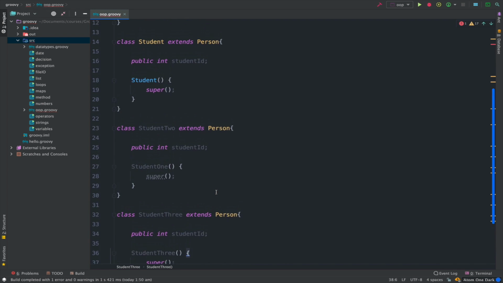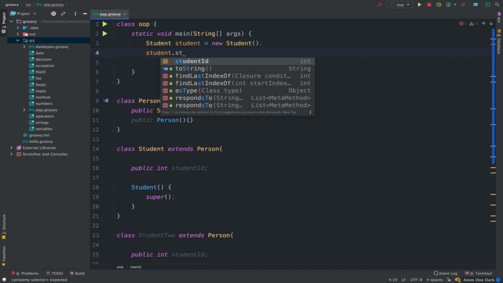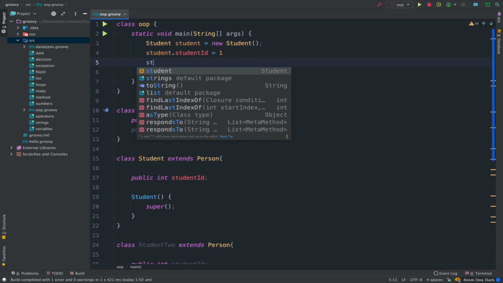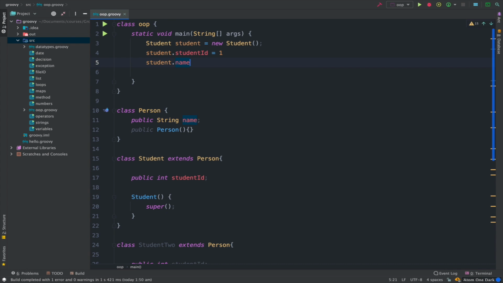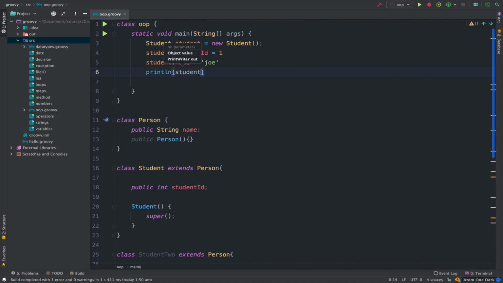All right. So now when we create a student, for example, this student new, I'm going to see there's a name property, and there's going to be also student ID property available. I can use this property to set the value, so I'll also say 5 or maybe 1 for now. And then we can say student dot name, which is just a name property. I'm going to name it Joe. If I do a print and then we'll do student dot name, I'm going to run the code now.